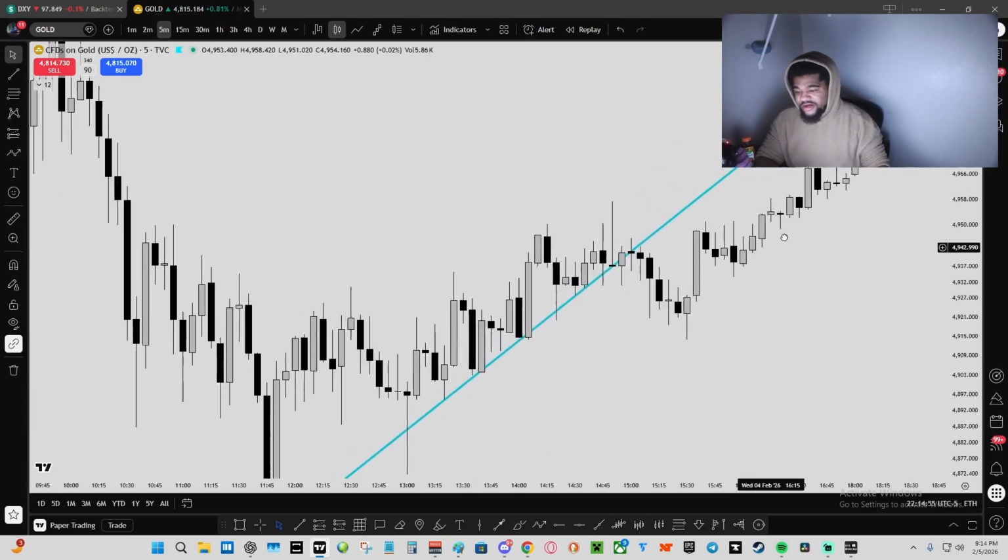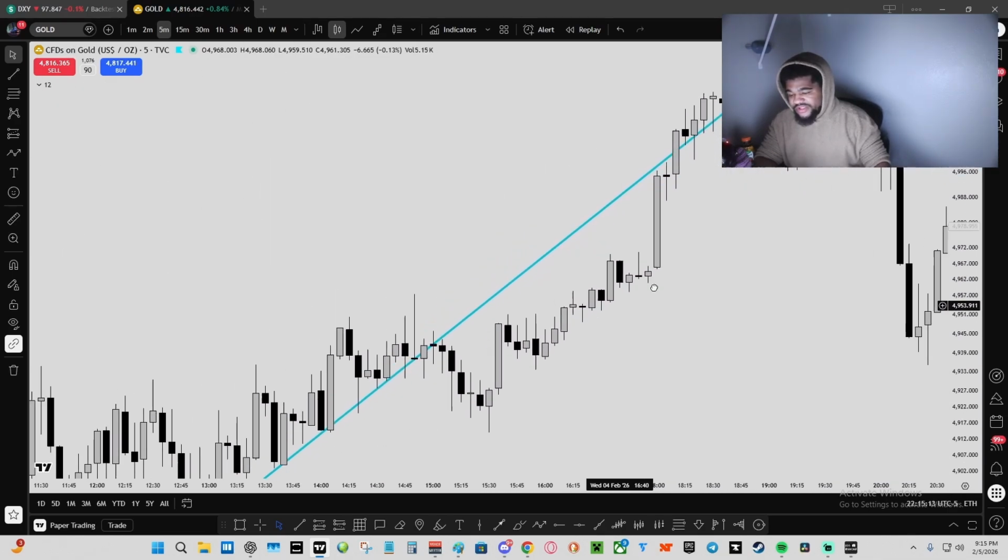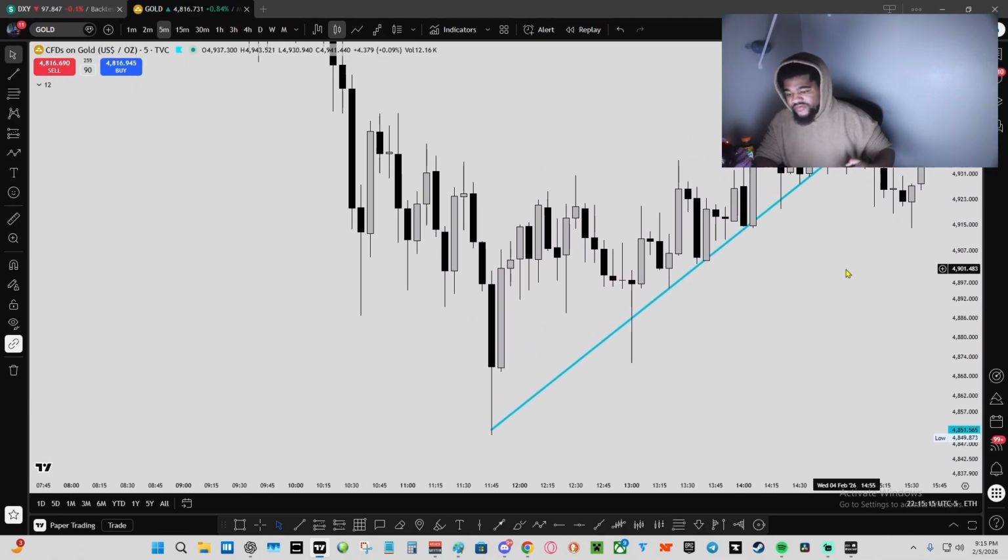Okay, so this is the main narrative you have marked up on your screen, or just mark up any narrative. If you have a villainous narrative, you're looking for a heroic side quest. If you have a heroic narrative, you're looking for a villainous side quest, okay? You are just counter trend trading. That is what it's called. So in this example, this is a heroic narrative. I want to look for a villainous side quest, okay?